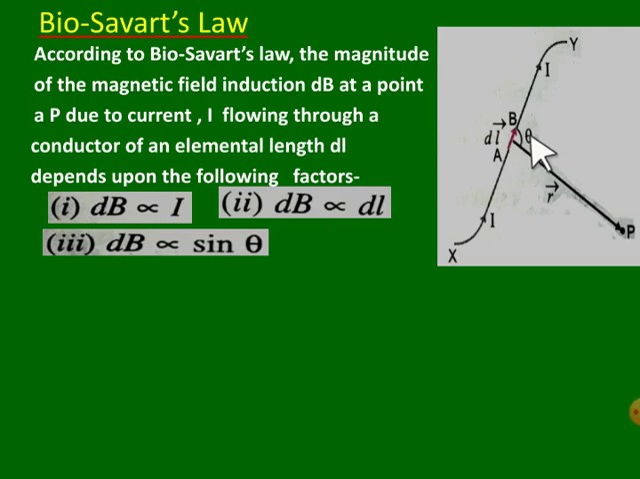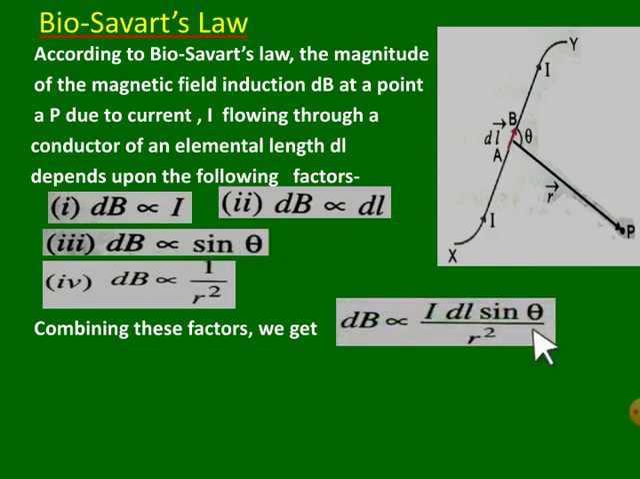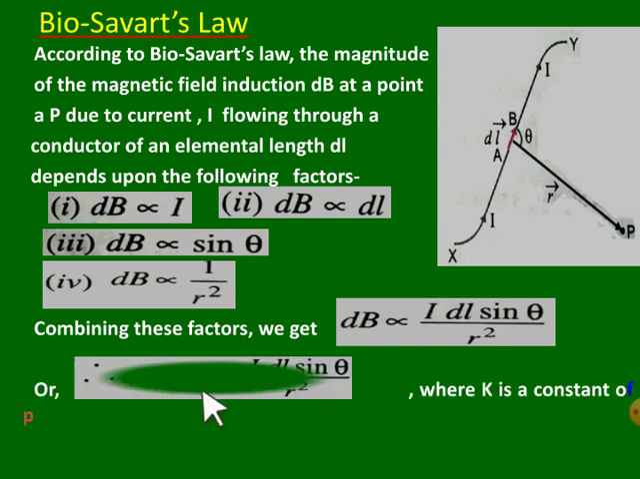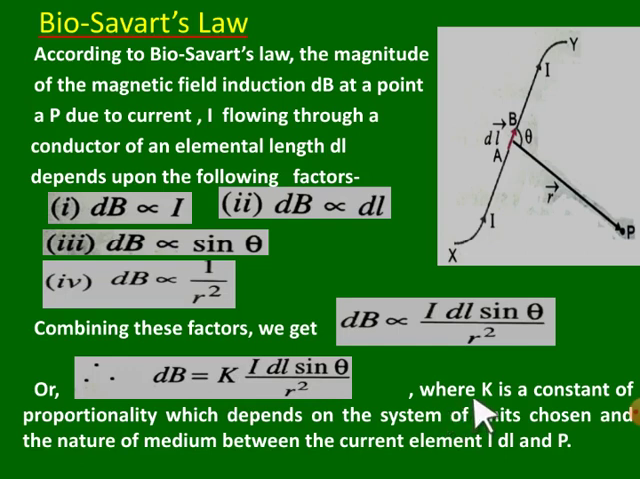And inversely proportional to the square of the distance between the elemental conductor and the point of observation. So combining these above factors, we get that dB is directly proportional to I dl sine theta by r square. We can write it in that way. Or if you want to change this proportionality into equality, then you require a constant k, where dB is equal to k times I dl sine theta by r square,